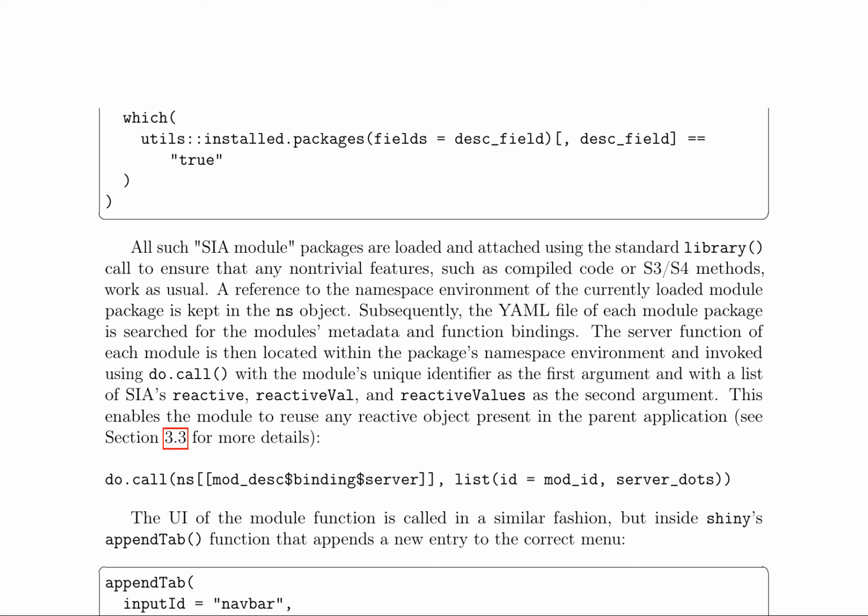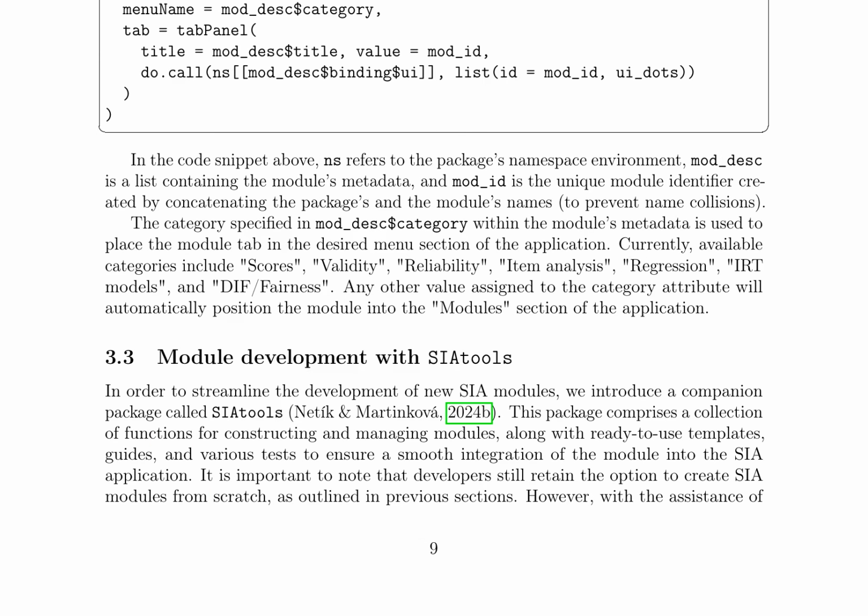The UI of the module function is then called inside Shiny's appendTab function to append a new entry to the correct menu. The code snippet provided illustrates this process, leveraging the package's namespace environment, module metadata, and unique module identifier. The categories specified in the module's metadata determine the placement of the module tab in the desired menu section